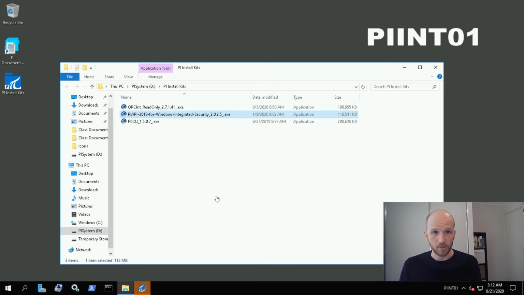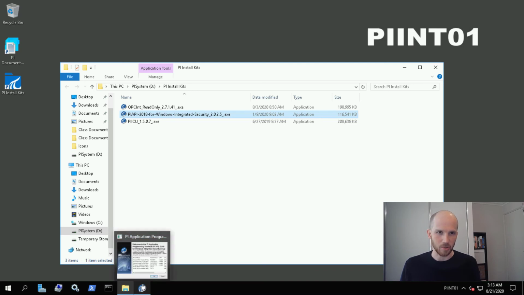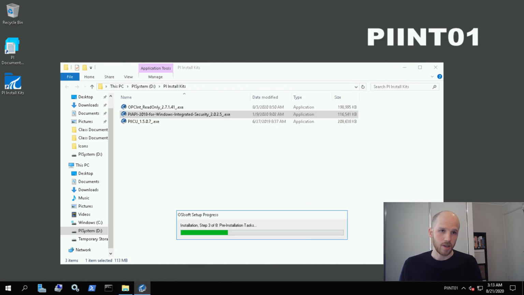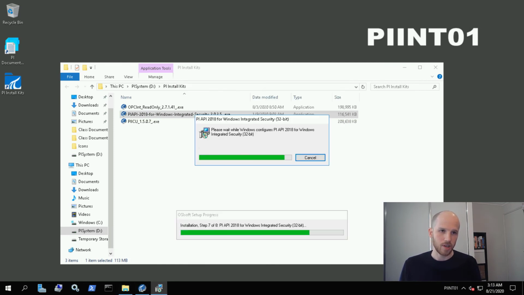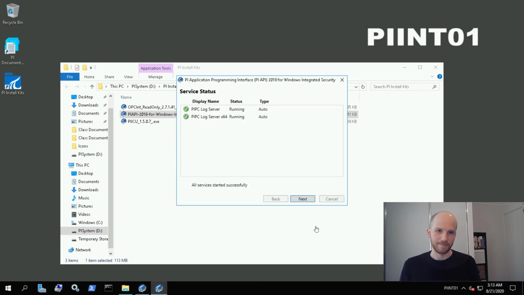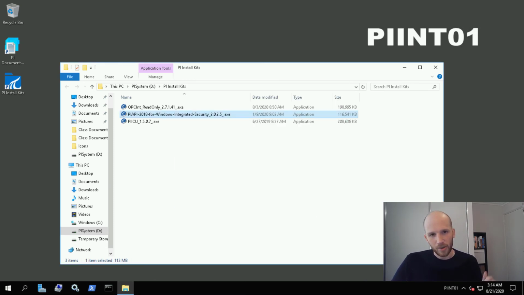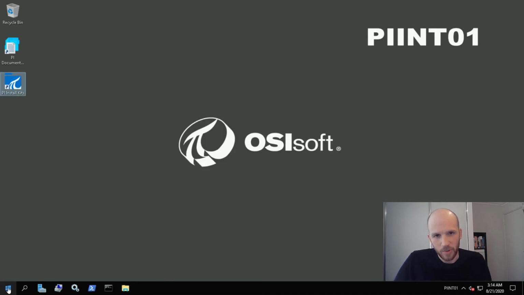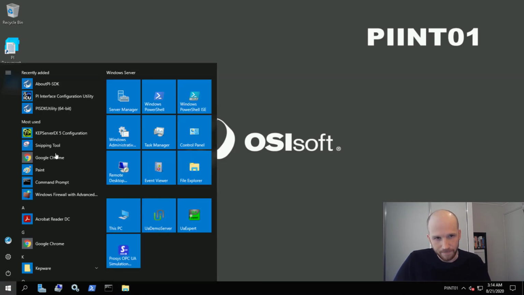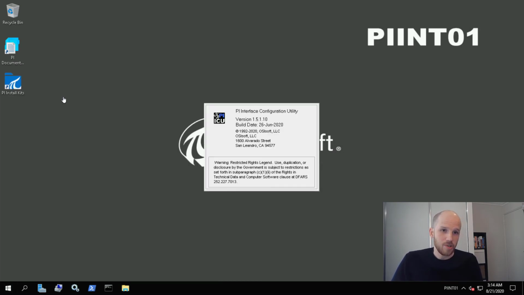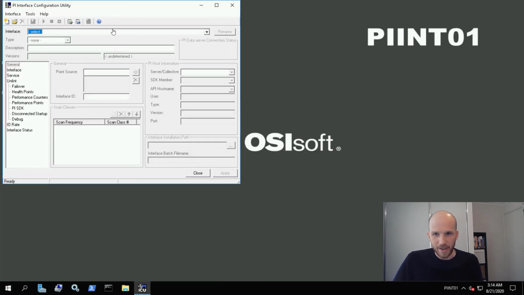And it looks like the next screen has jumped behind our window here. This can happen if you've got multiple windows open. Just click on the taskbar and it'll come back up. And click next and next on the services restarts, and we're done. Click next and finish. So we can now go down to start and open the interface configuration utility. Or I'll call it the ICU from now on. We'll use this in upcoming lessons to configure interface instances.